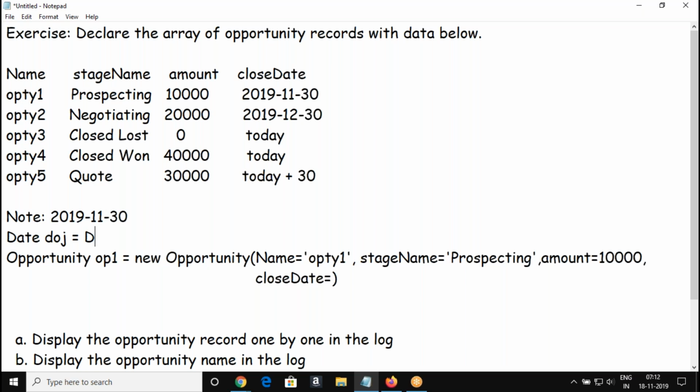So I'm going to use a date class. Every primitive type is a kind of class in your Salesforce platform. So class name dot, there is a method in the date class called newInstance. It's going to accept three parameters. The first parameter is the year, and we pass month and date. So the same method we are going to use to value the close date.